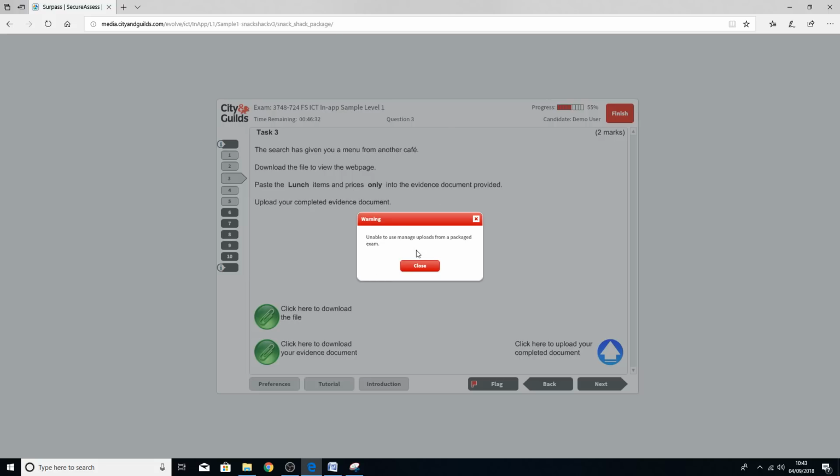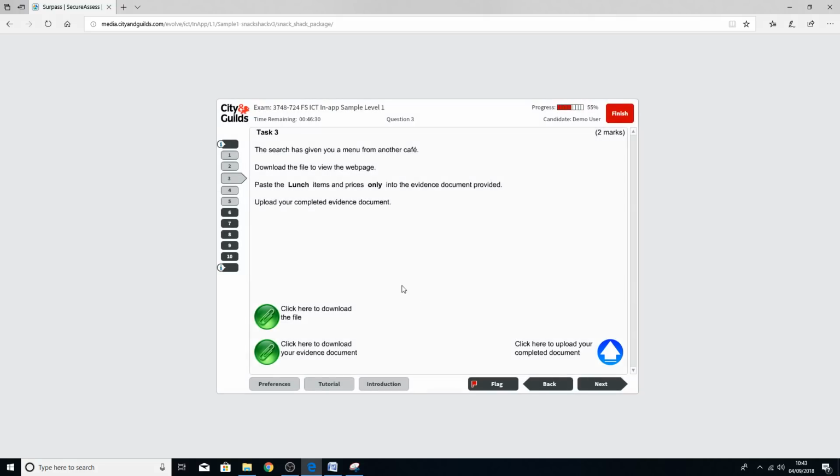Now the reason why I said you have to save it and then close it is because if the file's still open once you've tried uploading it, it won't upload properly. It'll just upload a blank copy of it, which obviously we don't want. So it's important that you remember that every time you do the upload, you've got to close everything down and save it. So we've done that, we've uploaded the evidence document at this point, so we now move